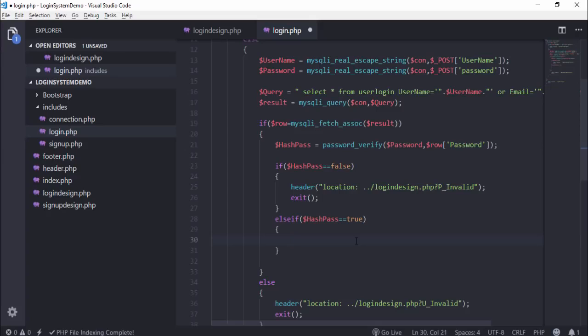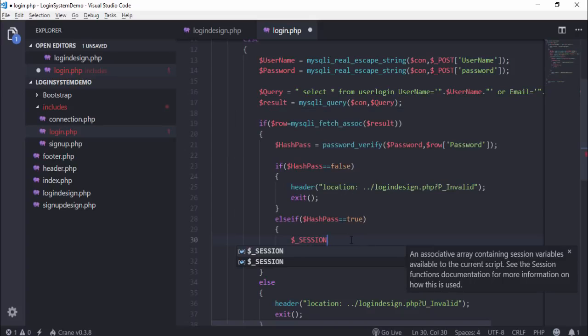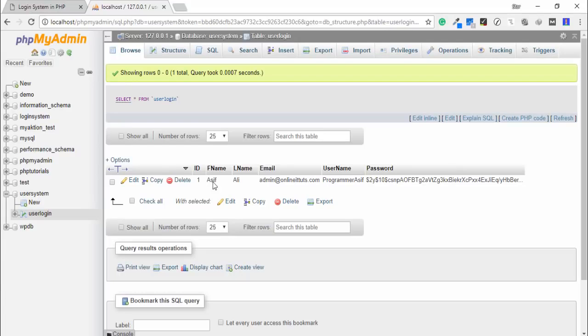Then come into the else if body. In the else if body, first of all I write the session. In this session I define the variable, you can write any name here. I call each variable name which is available; basically each variable will get each database column and store the value in the session, okay. So I call uid and assign with an equal sign, and I call row bracket, just write the row variable, and inside the bracket you need to pass the database column name, id,